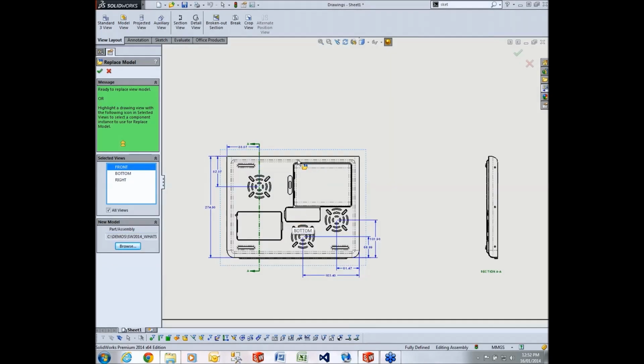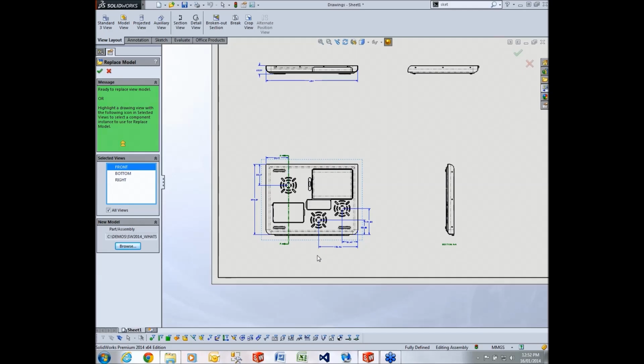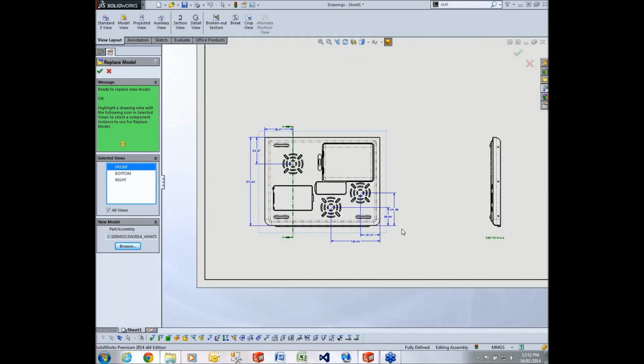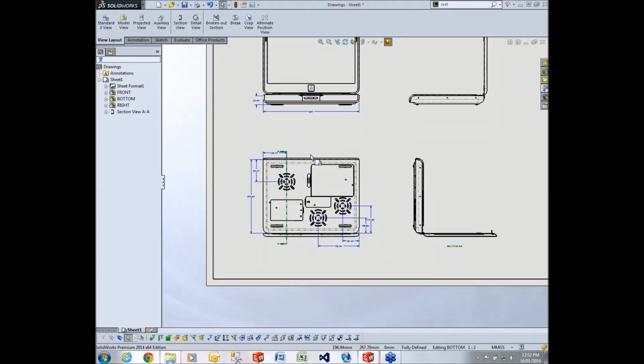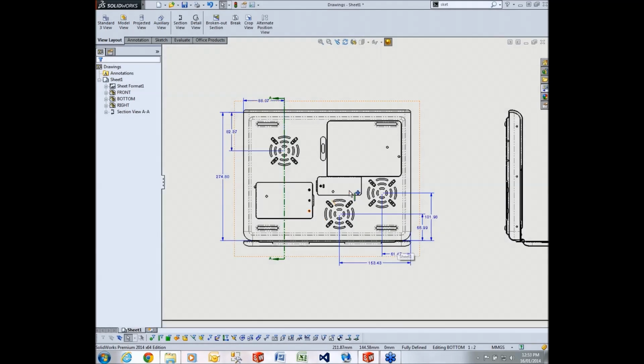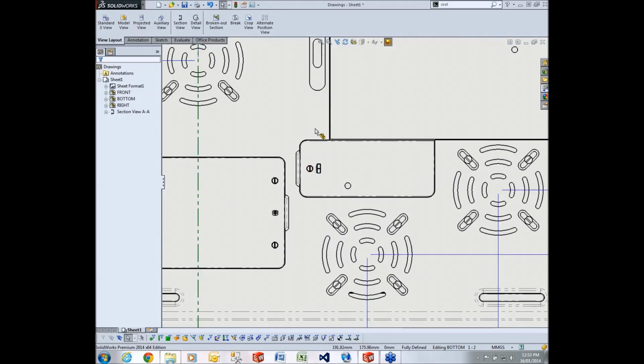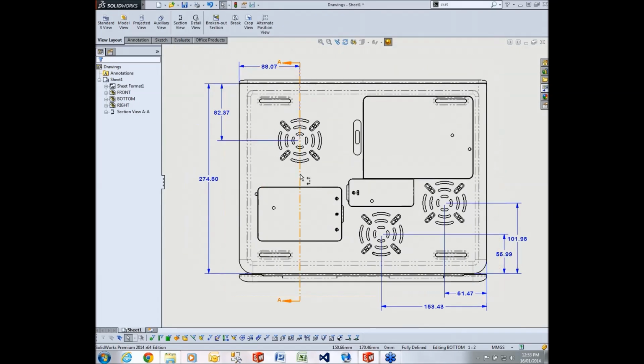cool. Because the part that I'm replacing already exists in the assembly that I'm replacing it with, all of the annotations that you see here will not dangle. They stay attached because the part still exists in this assembly, so it knows where to attach these dimensions to. It also means I now have my lovely screw hole that I can run my section through. So now if I come back